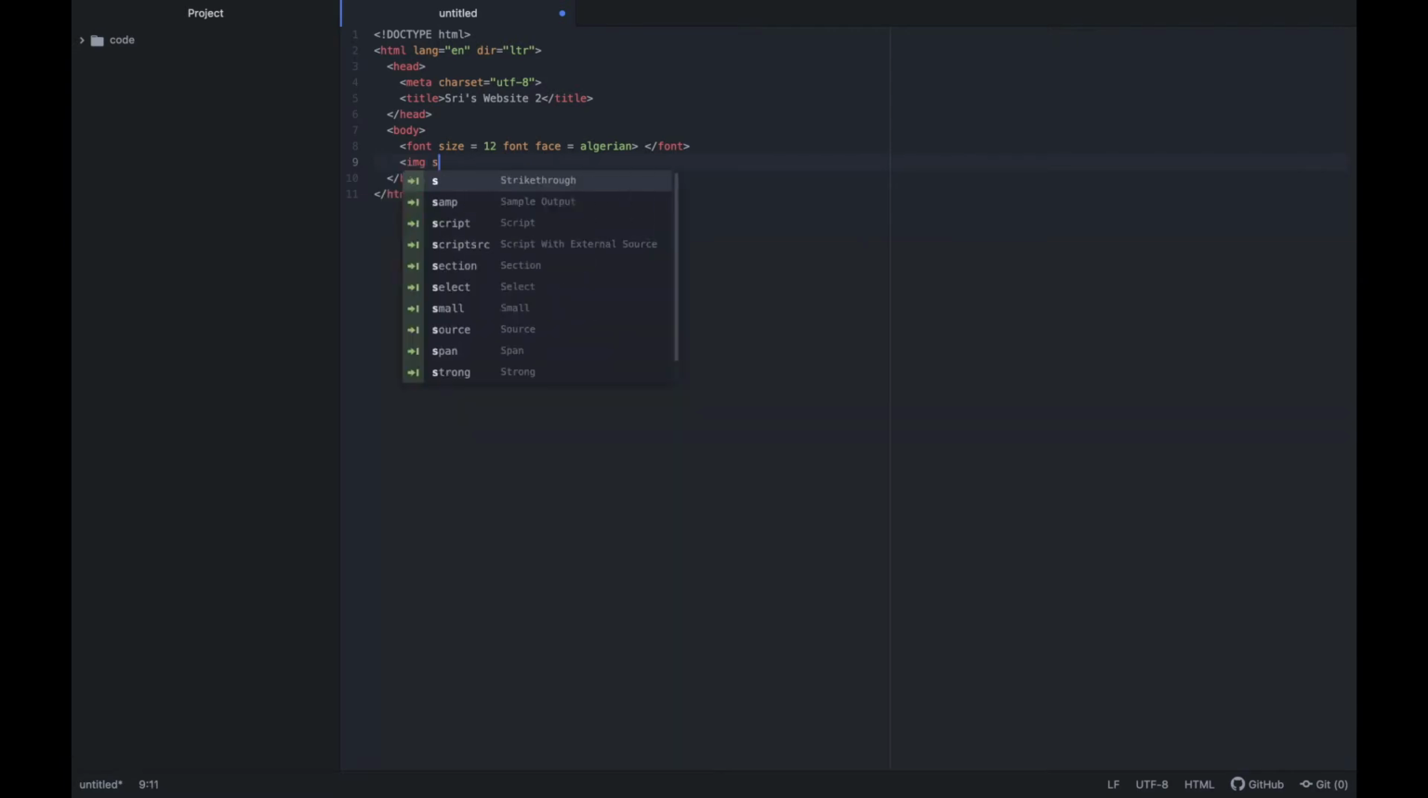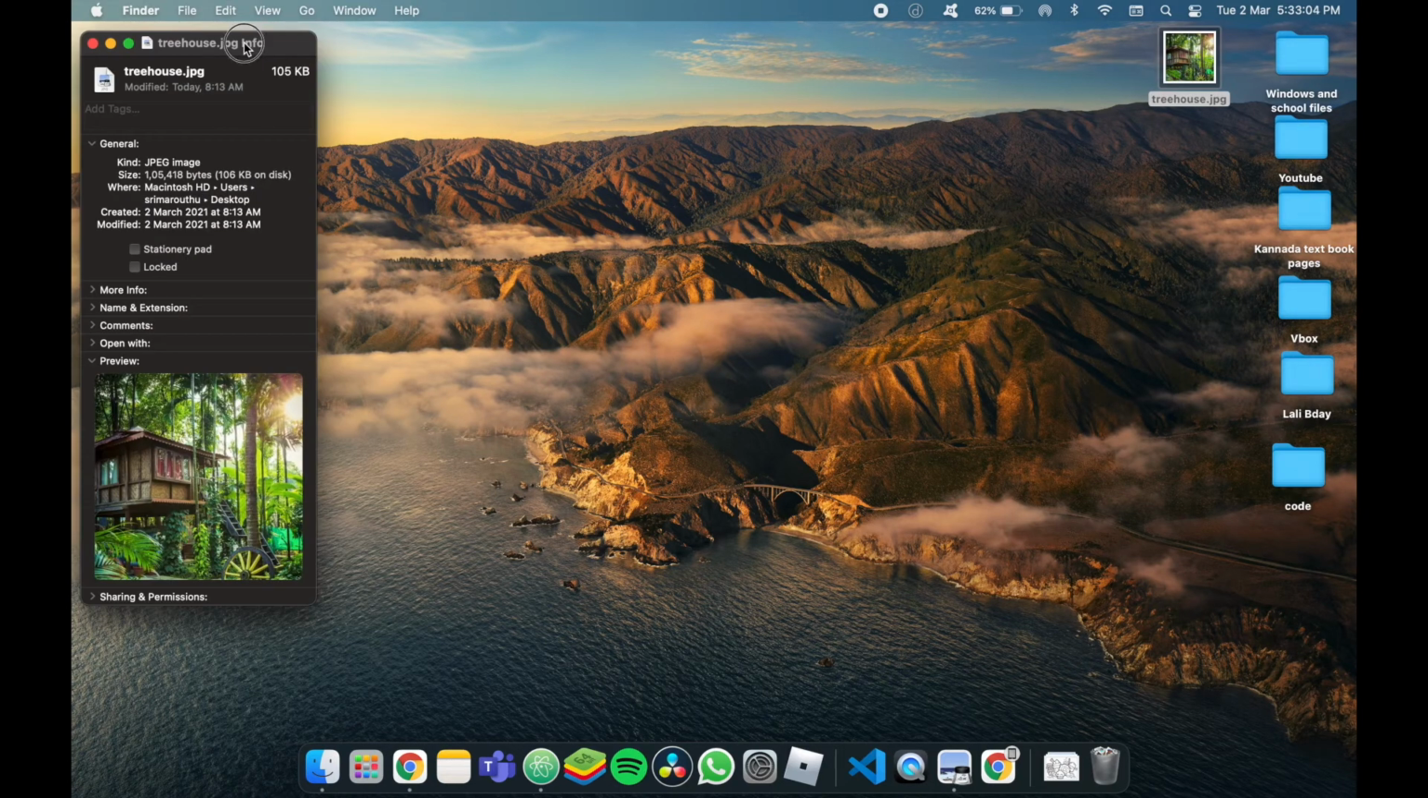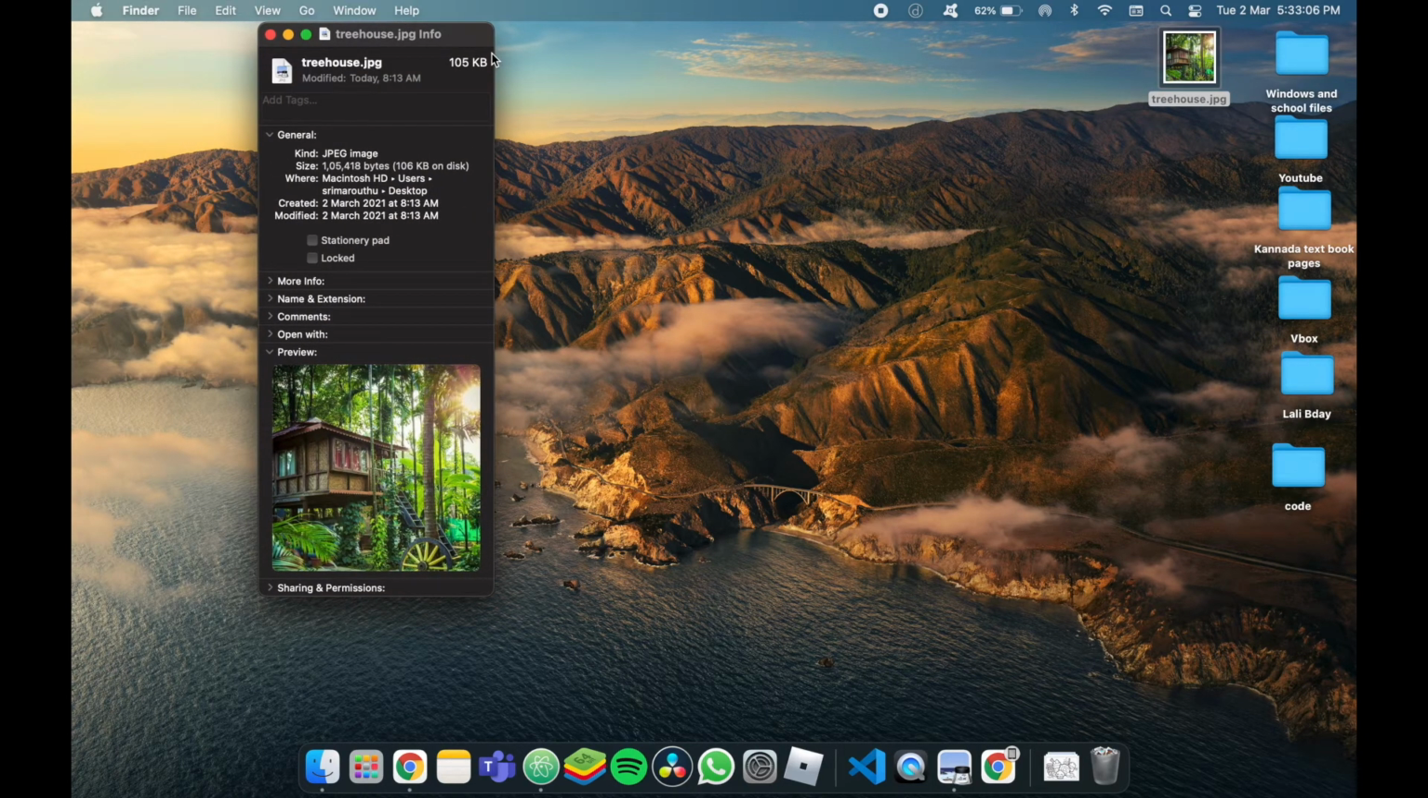Next, to add your image, you're gonna open it with the angle bracket and type in img, which means image, and src, which means source, space equals, and another space. And in your double quotes, you want to navigate to your image and right click on it and click get info. If you're on Windows, you want to right click, and at the bottom of the drop down menu, it's gonna say